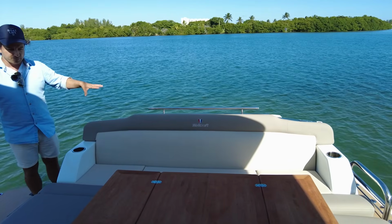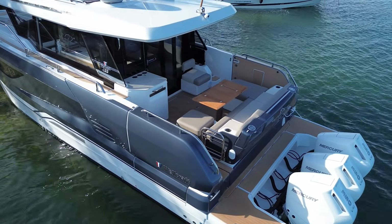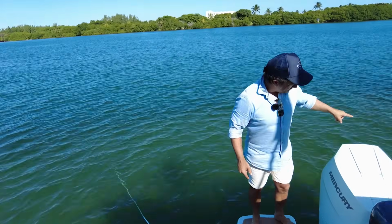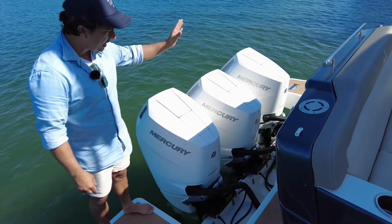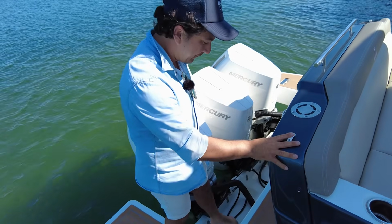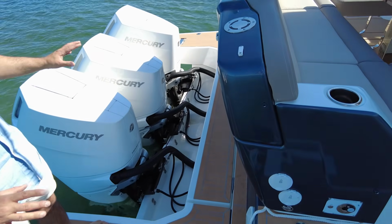But at this part of the boat, we're over the technical space because she's clearly an outboard boat. Let's come back and have a look at those before we make our way forward. So this boat runs with the triple V10 Merc 350s. They're racked up on the back of the boat. We have the joystick operation, and they will trim fully out of the water. You've got to lift this little thingamajig here to get the engines fully trimmed up and out of the water